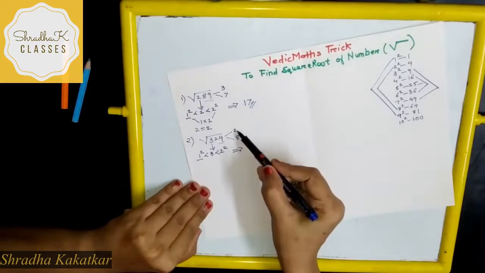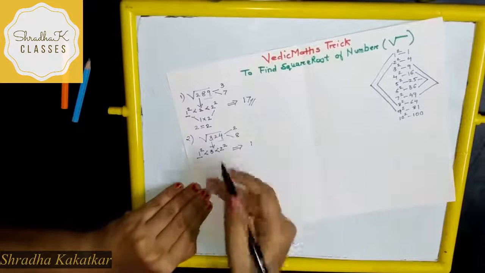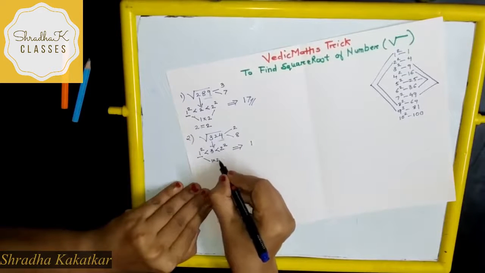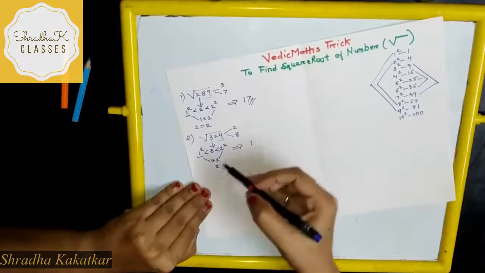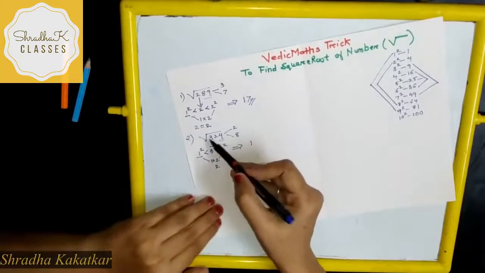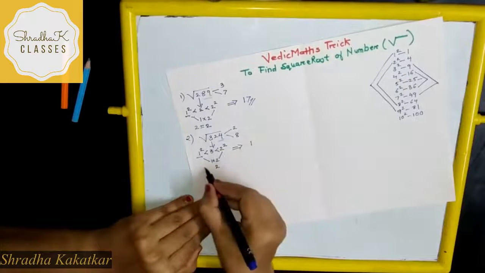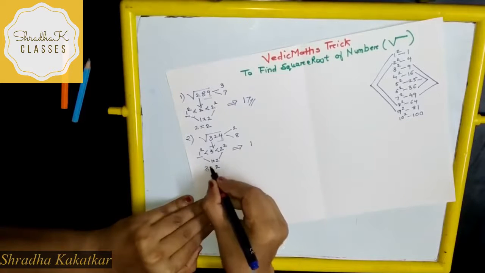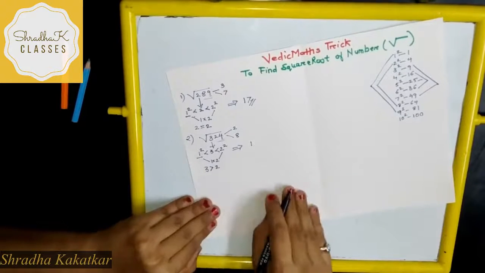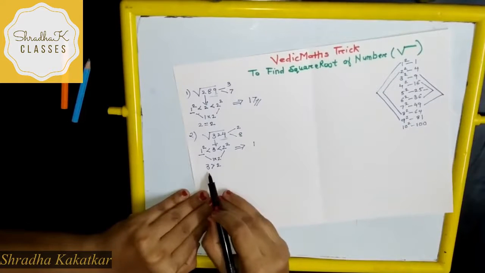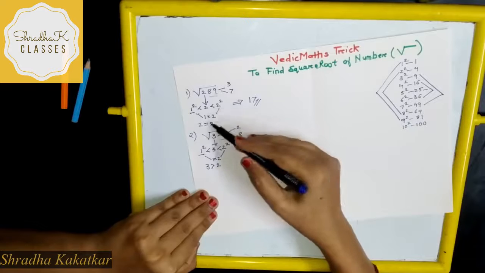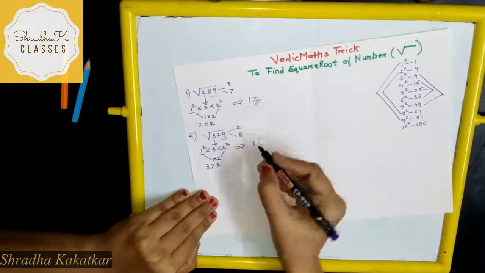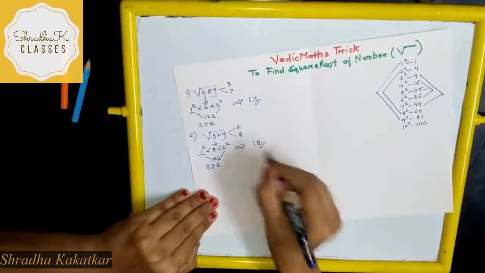Now in order to decide between 2 and 8, we have to take the product of these two digits. So 2 again. Now write this 3. This 3 is greater than 2, right? Because it is greater, which number will we consider? I told you before, whenever the number is equal or greater, we have to consider the greater number. So 8. So this is our answer.